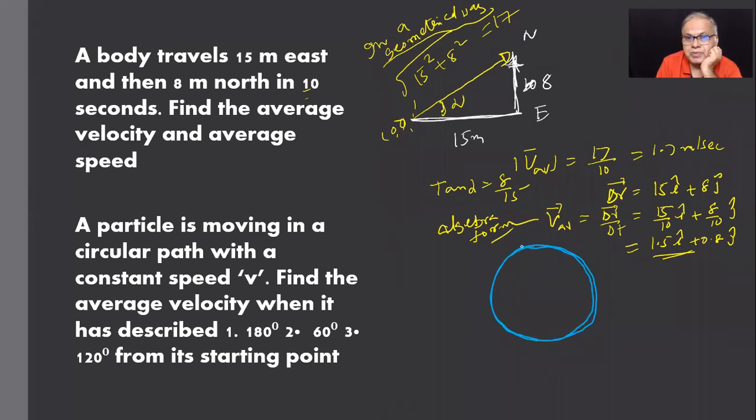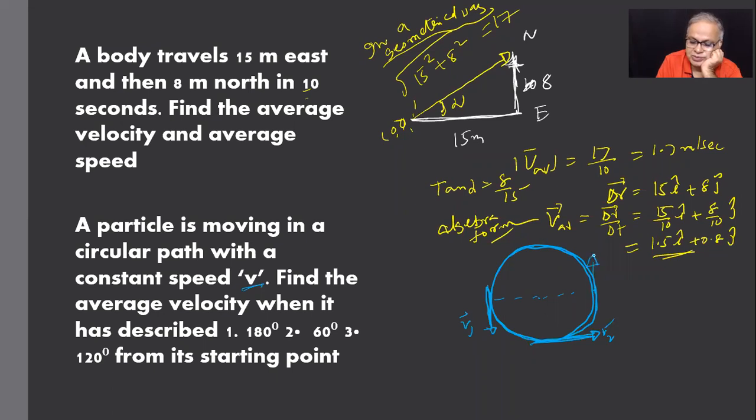But with a constant speed, children. What do you mean by that? It is already given. Constant speed is v. Remember, velocity will be everywhere tangential. Instantaneous, all the time along the tangent. So somewhere here it is v2. Somewhere here it is v3.